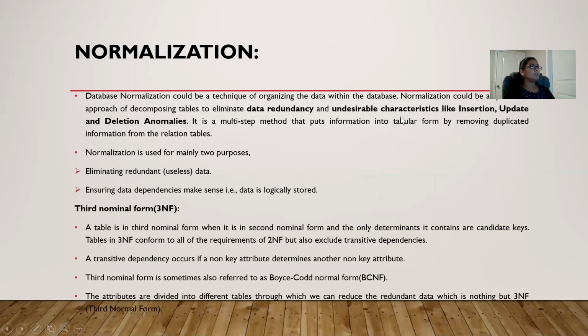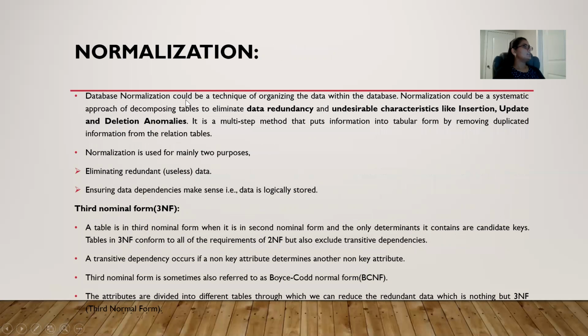Then coming to normalization. Data normalization is a technique of organizing the data within the database. Normalization is a systematic approach of decomposing tables in order to eliminate the data redundancy and undesirable characteristics like insertion, update, and deletion anomalies.